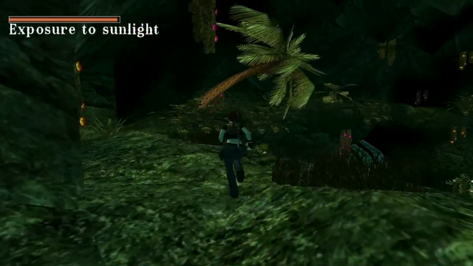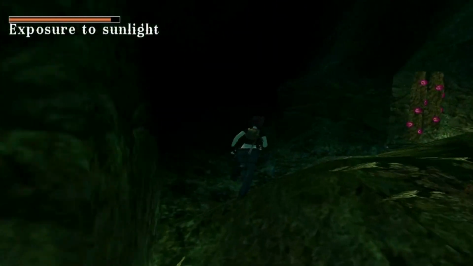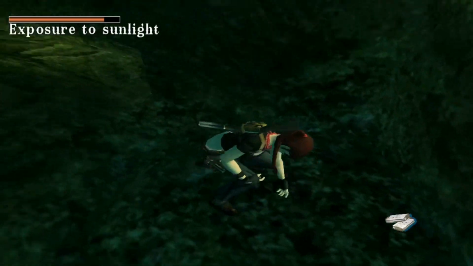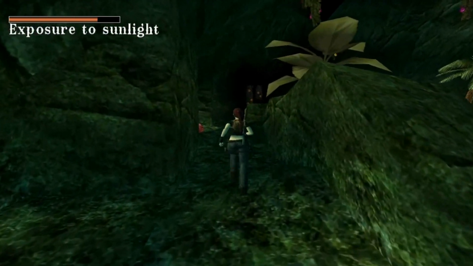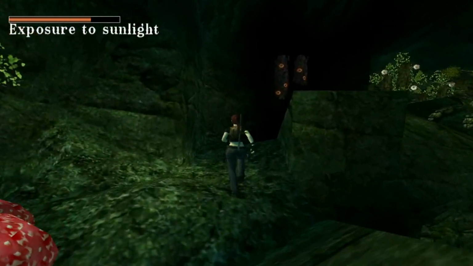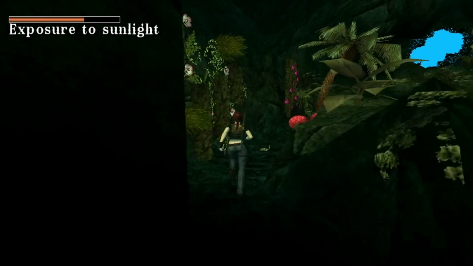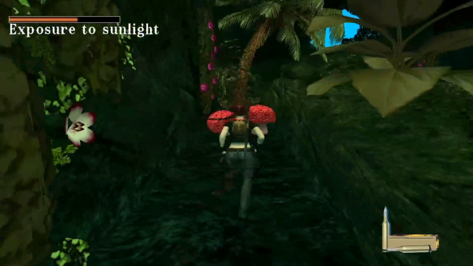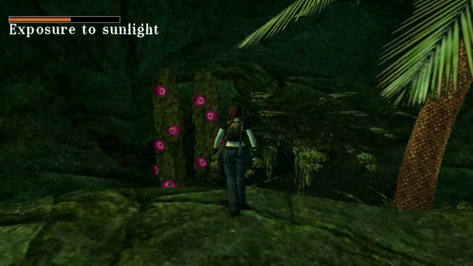Okay, so gonna sweep the perimeter for some items, and yes, we are exposed to the sunlight, so just rush your way around. You can come back to the shade at any time. So Uzi Clips just there. Some shotgun shells as well. And then just hop up here to avoid the mushrooms, but before you carry on, we can actually grab a